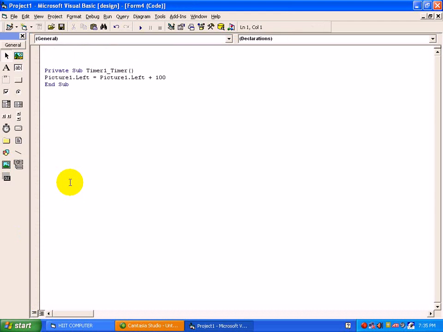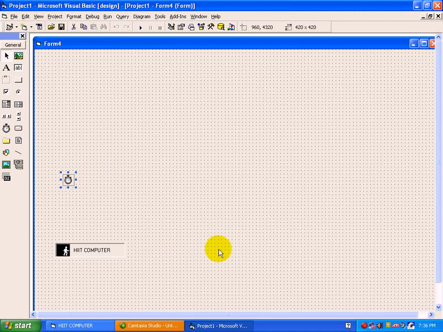Suppose you want to use your variable publicly, means it should work in each and every procedure. So always declare a variable on the first line, that is the general declaration section. Suppose dim a as integer. A is the variable name, and the data type of the variable is integer. So with the help of this variable a, we can stop this control.